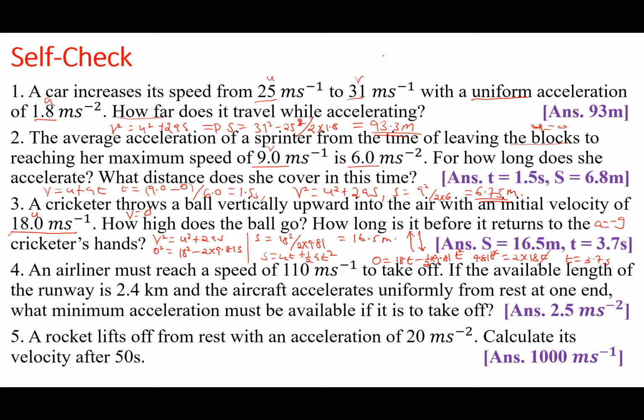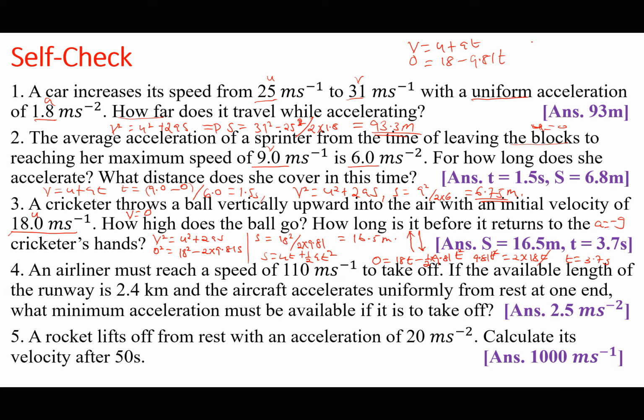Alternatively, you can use v equals u plus at. You find the time to reach the highest point. Remember, at the highest point v is 0. Initial velocity is 18. The acceleration is negative because the body moved against gravity. The force is acting downwards. The motion is upward, so the acceleration is negative. Remember, we said if the force is in the opposite direction to motion, the acceleration is negative. I think we saw that in dynamics. So this is going to be negative